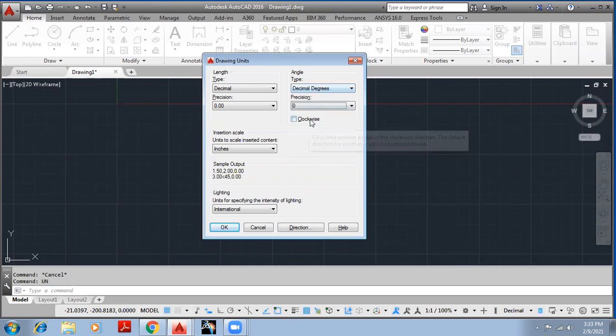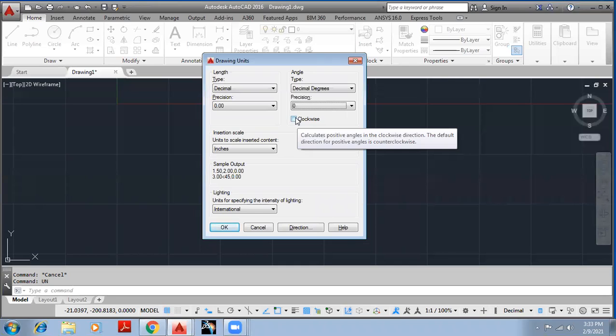Here we have another option: in which direction I want to measure an angle. By default, AutoCAD is going to measure the angle in the anti-clockwise direction. If we want it clockwise, we can simply click on this checkbox, and it will reverse the direction of angle measurement.